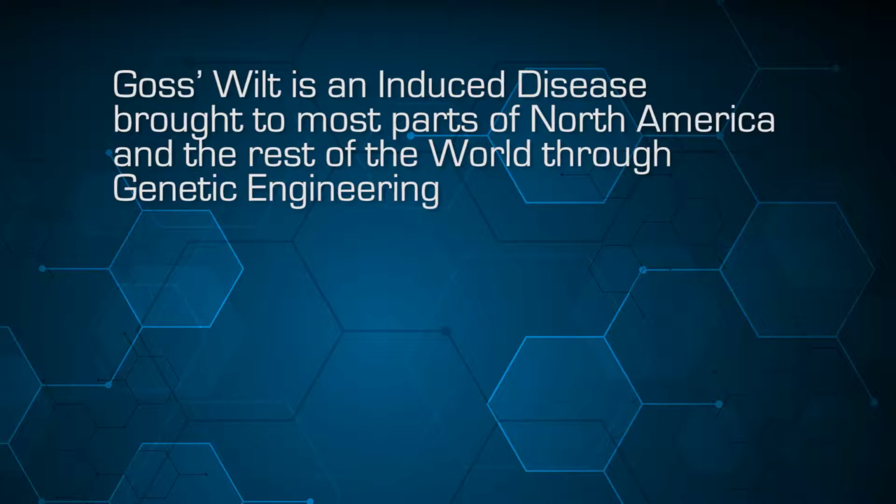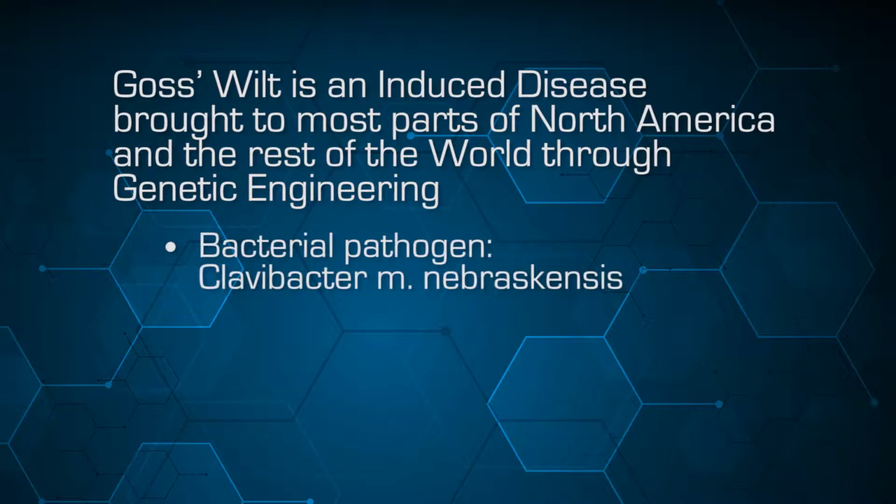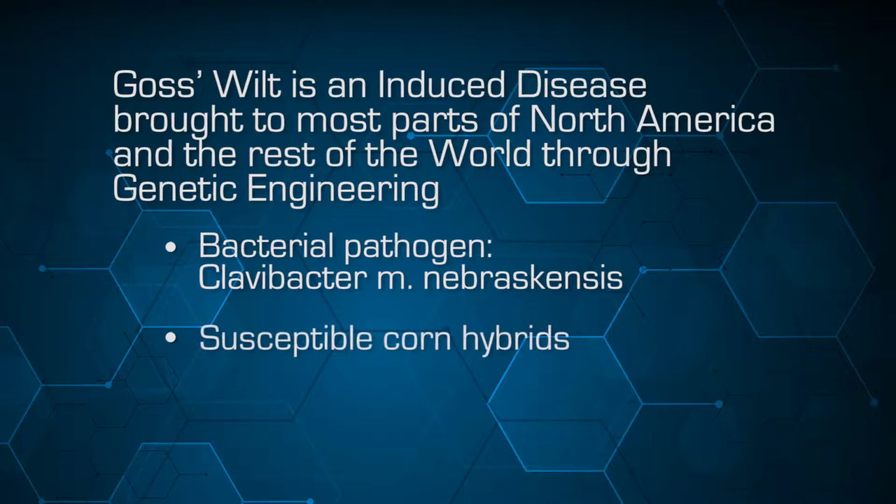Goss's wilt as an economic problem for us is an induced disease brought to most parts of North America and the rest of the world through genetic engineering. Now, I mention that because there are 3 things that you have to have for a severe disease. You have to have a pathogen. In this case, the bacterial pathogen is Clavibacter Michiganense nebraskaensis. You have to have susceptible corn hybrids, and that's what's been brought to us by genetic engineering,